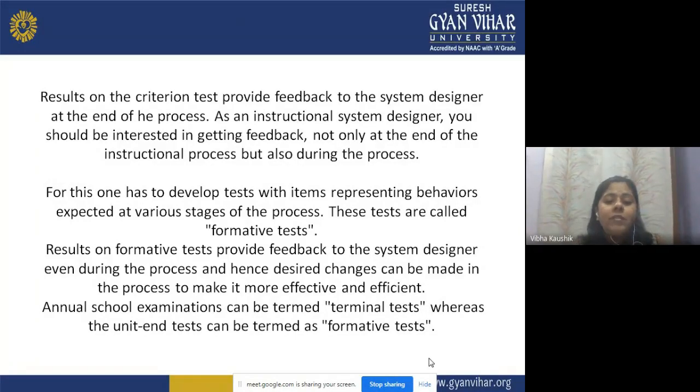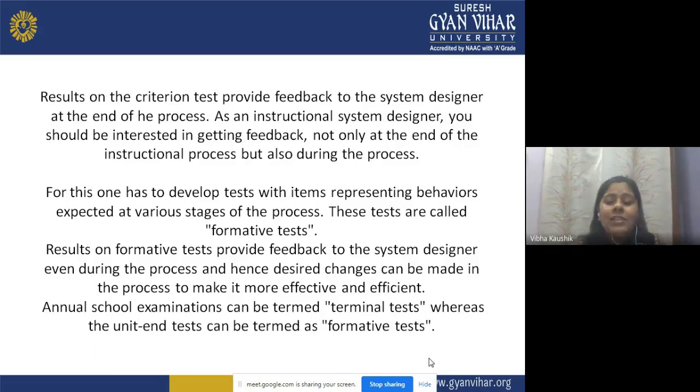Results on formative tests provide feedback. Now, the results which I get from the formative test will provide me the feedback. What type of feedback can it be? That I have to improve the teaching learning method. I have to change my techniques. Or might be I will find that all the learners have scored so well that I achieved all my objectives, and this type of feedback will give me a positive reinforcement. To the system designer, even